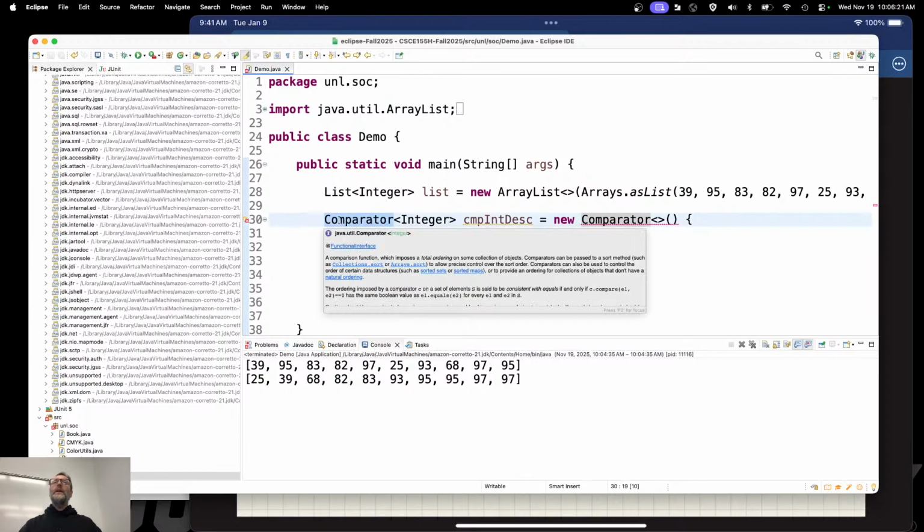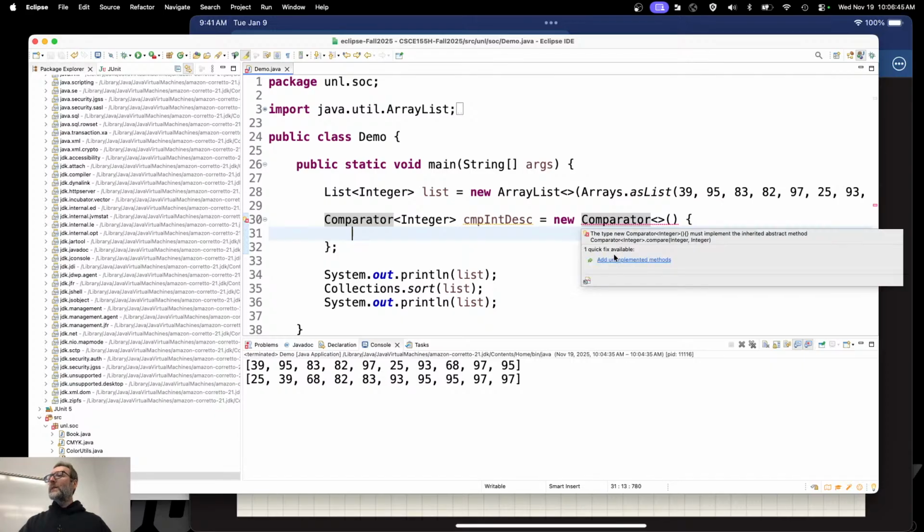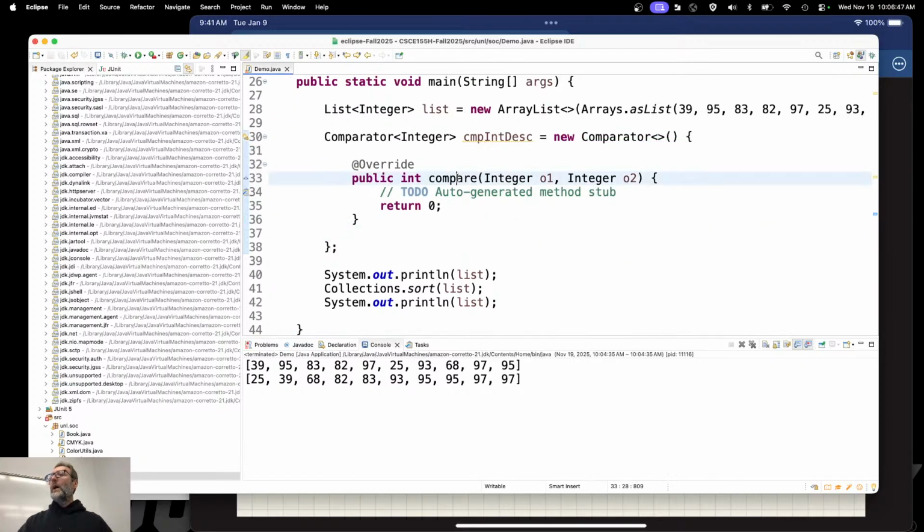My comparator, I could have put that into a class. I could have put that into a class called my awesome integer descending comparator, right? Java, right? But it would only have one use. It would only have one function in it. Right? So why even bother putting that into its own class? I'll go ahead and do it inline here. Now, what this is going to require is it's going to require me to add one method here, a compare method that takes an integer a and an integer b, right?